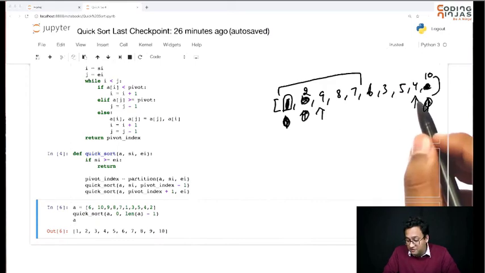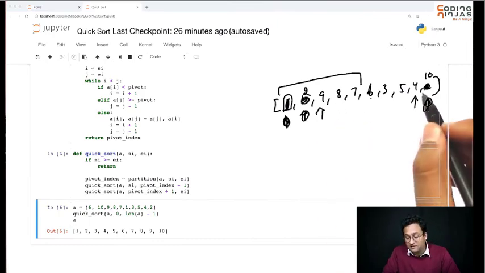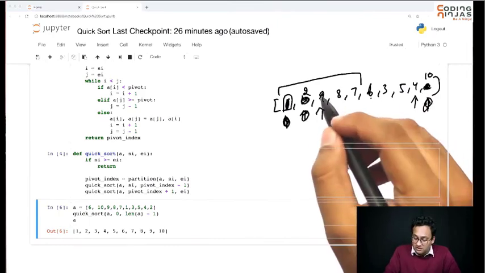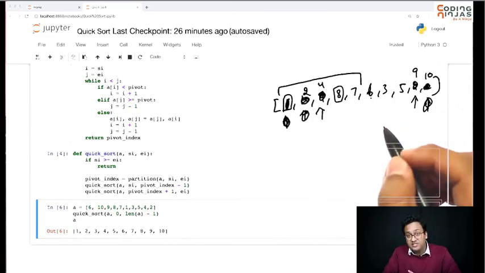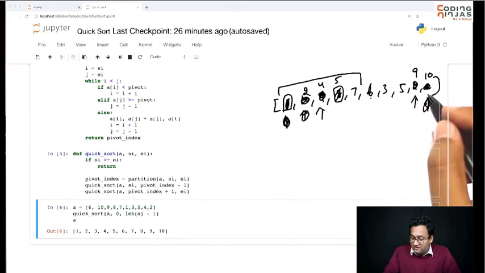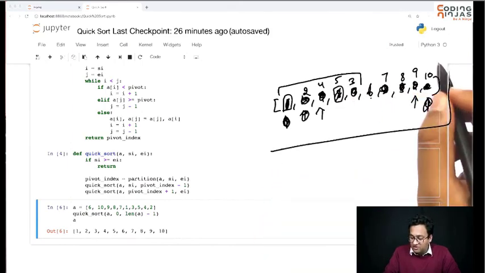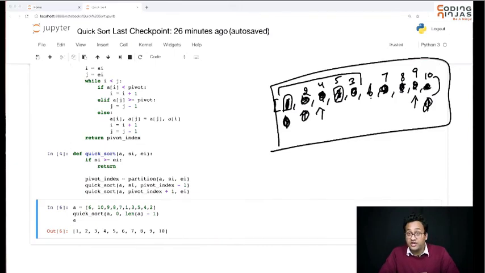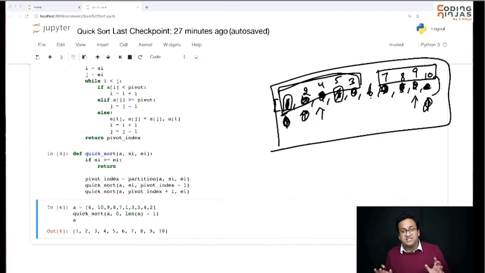And now you compare 9 and 4. Sorry, you compare 9 with 6, problem. 4 with 6, problem. So you swap 4 and 9. Why did I say problem? Because 9 is greater than 6 and 4 is less than 6. Both of them are at the wrong place. So you put 4 here and you put 9 here. Then in this particular example, we are seeing a lot of swaps. It's not necessary. So 8 and 5 will get swapped and 7 and 3 will get swapped. And that's exactly what we saw when we called the partition function. That's what you're getting. Now you will call quicksort on this part and quicksort on this part using exactly the same logic. It will keep splitting your list into smaller parts and eventually sort the whole thing.